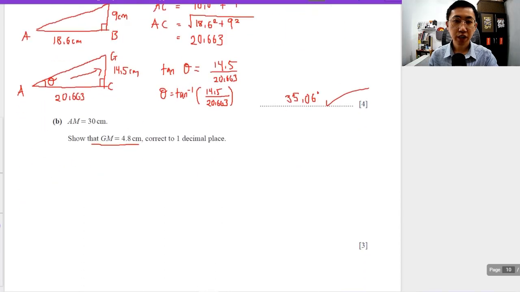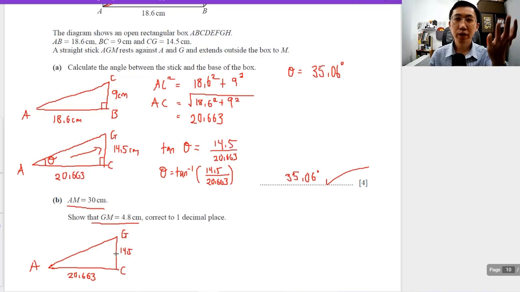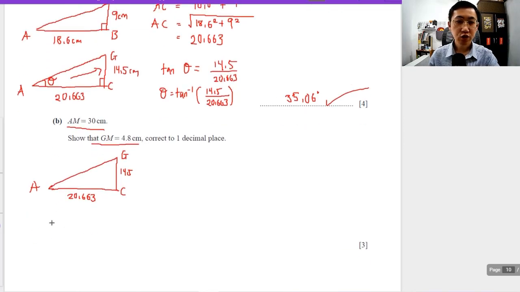They gave you AM is 30 centimeter. So we are going to find this AG using this triangle. Again, we copy back and simulate. So let's draw AGC one more time. A, G, C. So this is 20.663. This is 14.5. When we use Pythagoras theorem, we can actually find AG, right? Let's use Pythagoras theorem. AG square equals